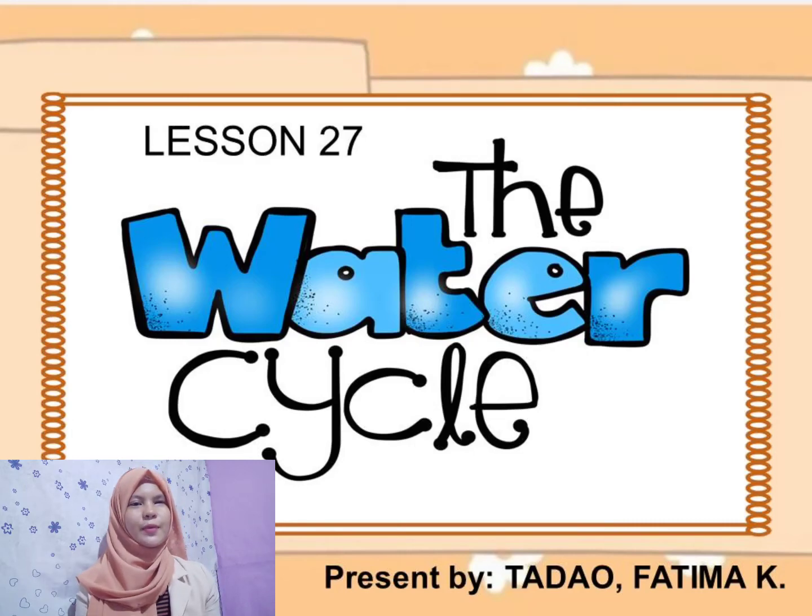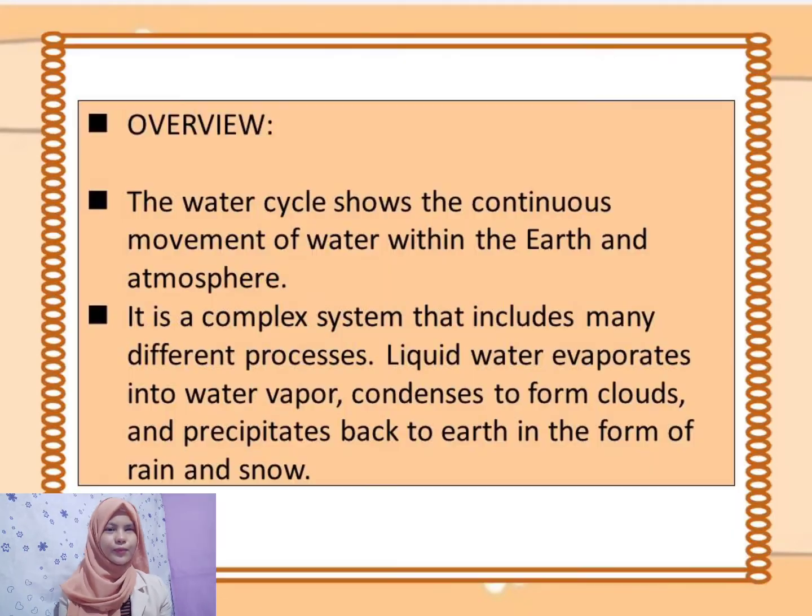Today's topic is the water cycle. The water cycle shows the continuous movement of water within the earth and atmosphere. It is a complex system that includes many different processes. Liquid water evaporates into water vapor, condenses to form clouds, and precipitates back to earth in the form of rain